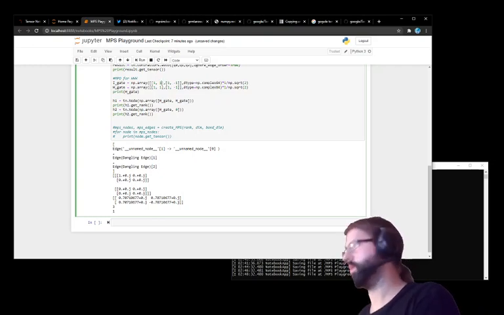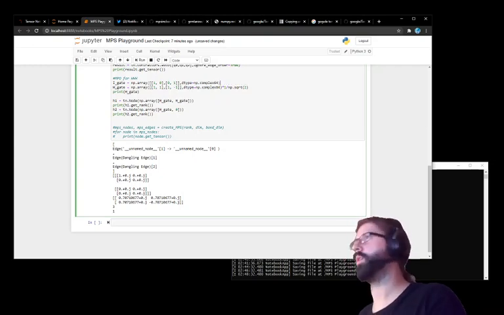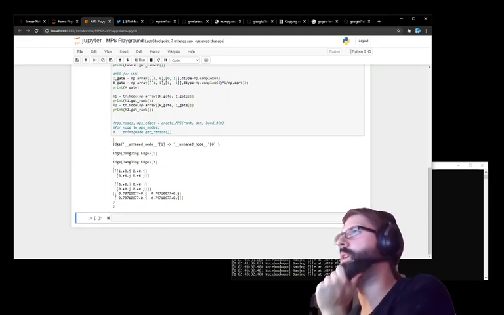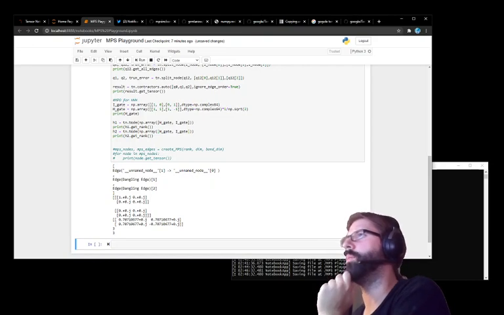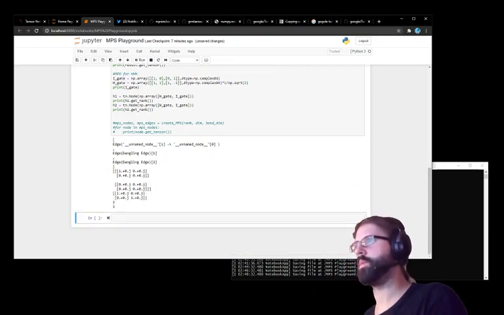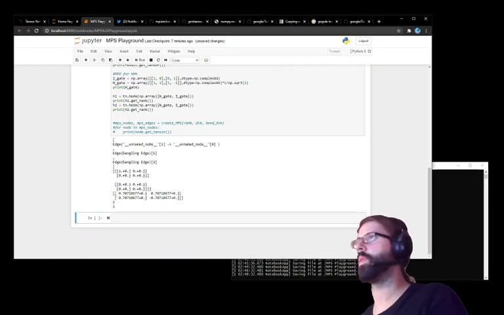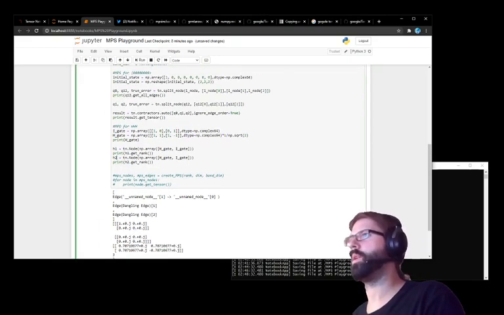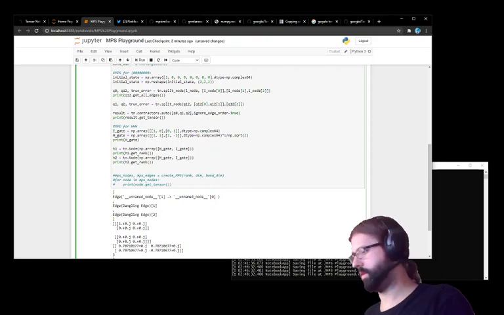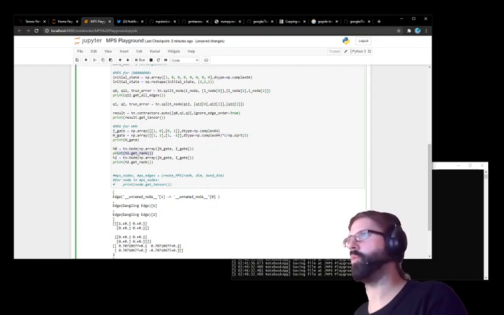So 1, 1, 0, 0, 1, complex. There you go. And so that should just be like the identity gate, should it? Yeah, kind of. Yeah. So that's the Hadamard mode 0. And then the Hadamard mode 1